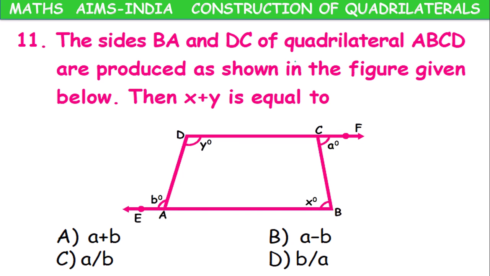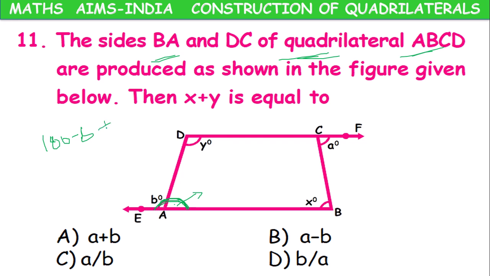So it's a quadrilateral ABCD. This part is a linear pair. So this part will be 180 minus B. This part will be 180 minus B, and this 180 minus B